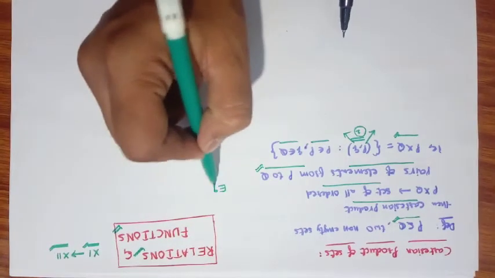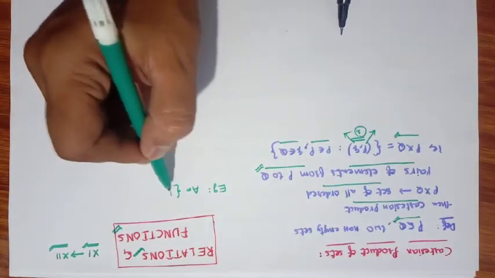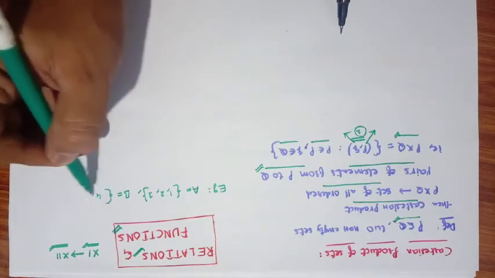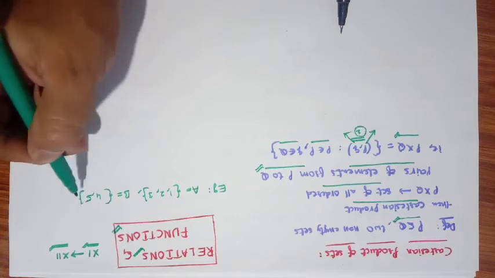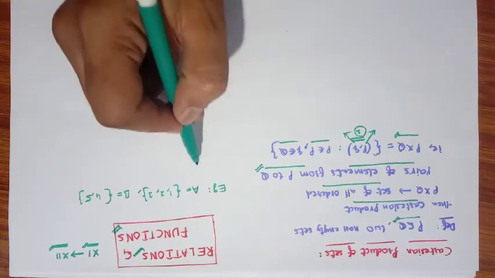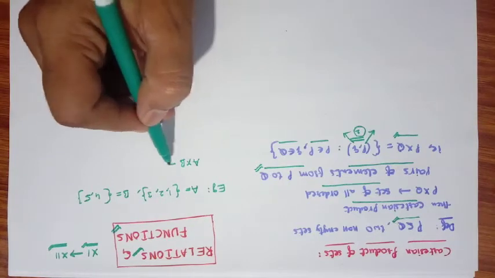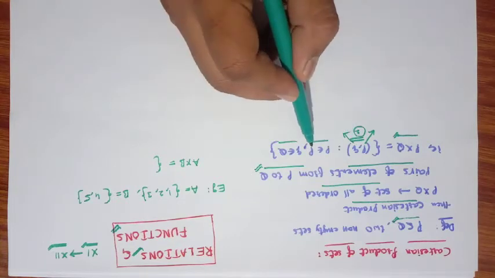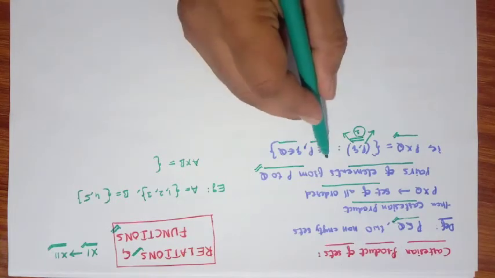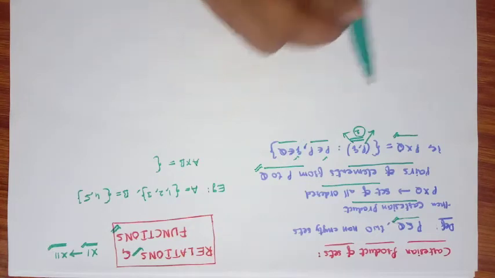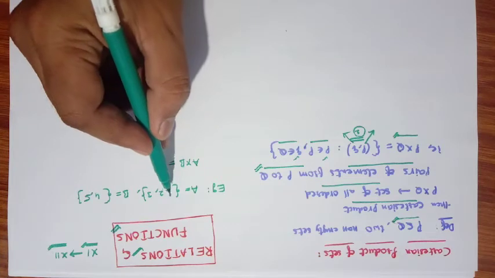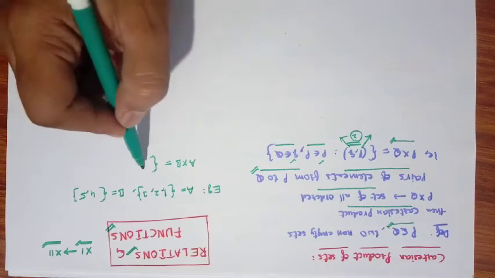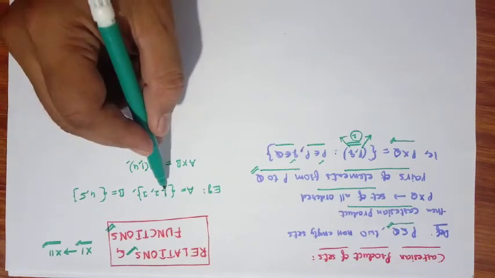Considering the examples, consider A equals {1, 2, 3} and B equals {4, 5}. I'm taking only two elements here. Then what is the Cartesian product of A cross B? What is the definition given? (p, q) such that p belongs to P and q belongs to Q. Each and every element should be considered for both the sets. So in this case, the first element 1 should be taken with all the elements of B. (1, 4) will come first, and second (1, 5),